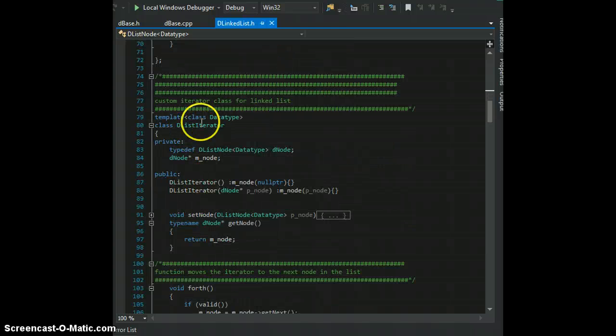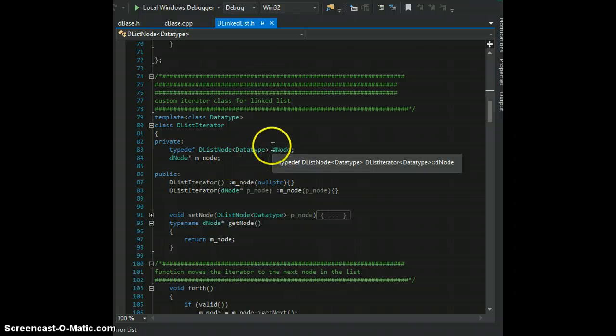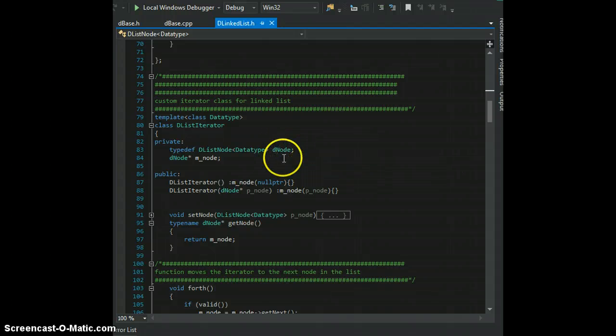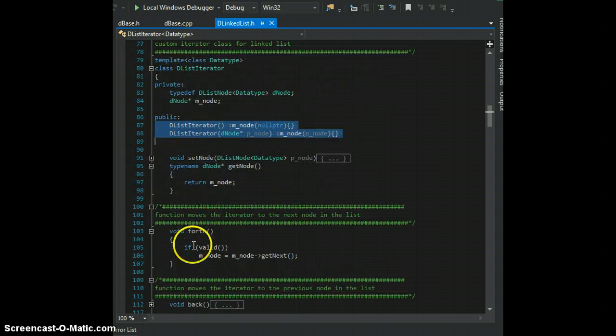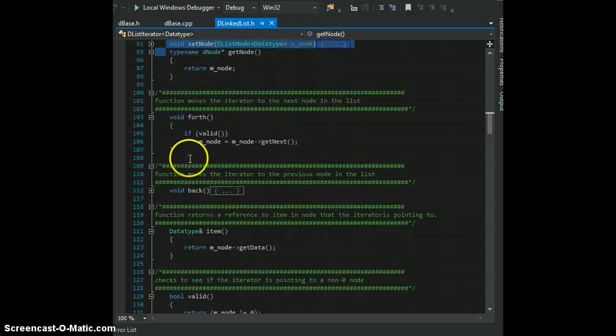My iterator class, which is also a template. You have only node, which is a typedef, so you don't have to write down all the time all that tail is that data type, and just pointer to the node. Also simple iterators and setter for node, getter for node,